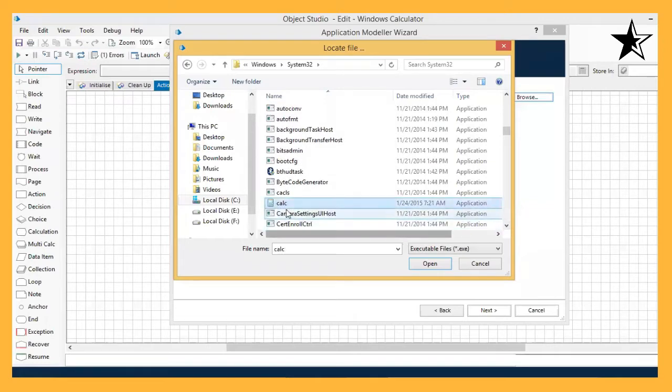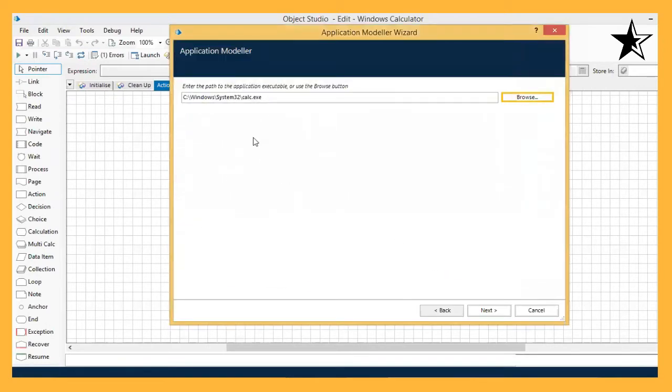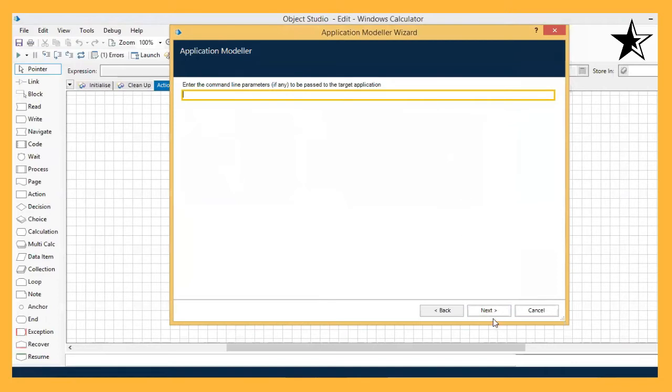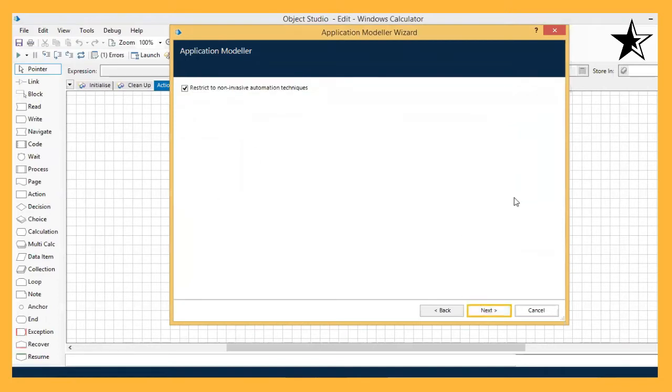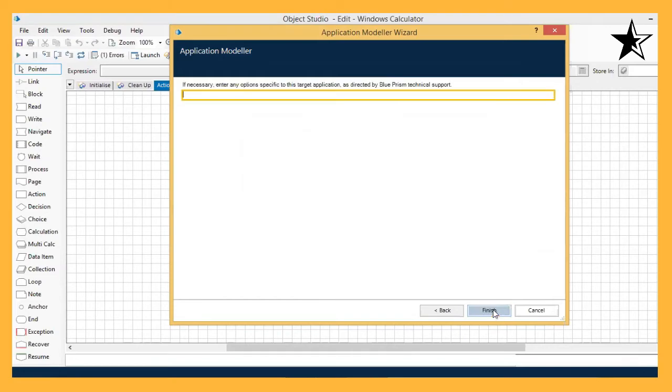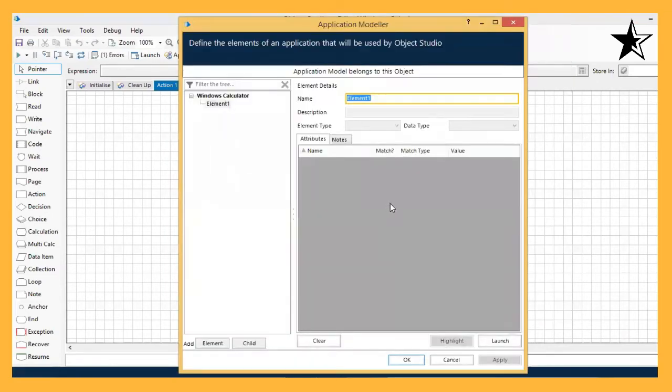Yes, and open. Now the path has been specified, so every time you ask the application modeler to launch the calculator, it will follow this path. The remaining entries we leave blank by default. We don't enter anything, then click on next, and then click on the finish button. So one application modeler wizard has been created.